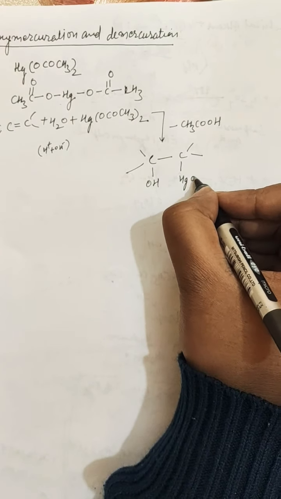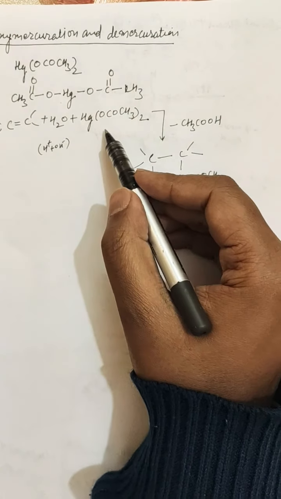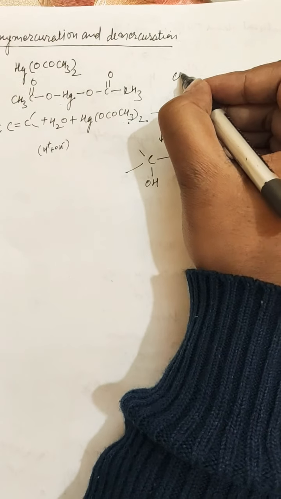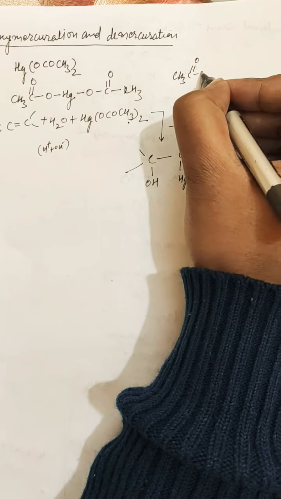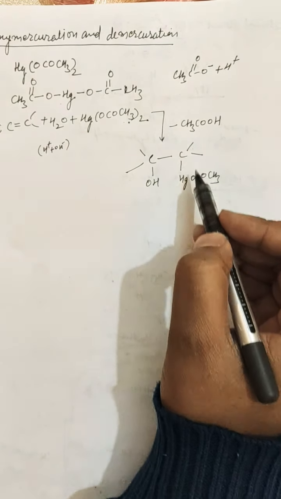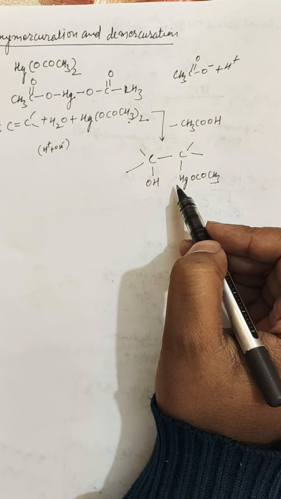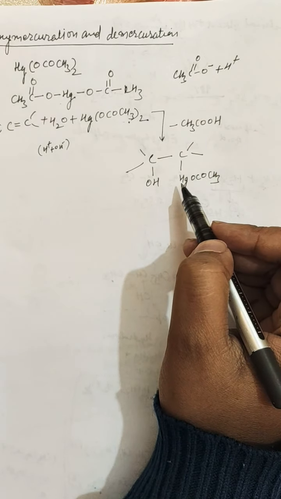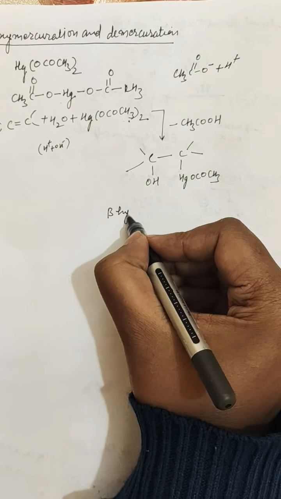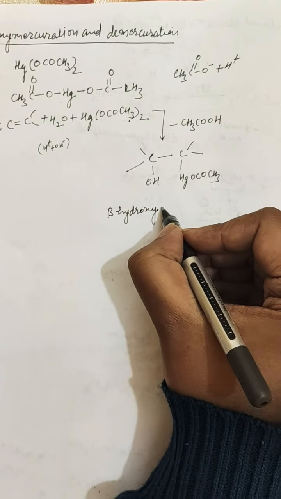So HgOCOCH3. So basically this mercuric acetate loses one acetate group, which is basically CH3COO negative. It combines with this proton from this water and results in the formation of this acetic acid. Further this compound is formed. This is the beta hydroxy alkyl mercury 2 acetate. Beta hydroxy alkyl